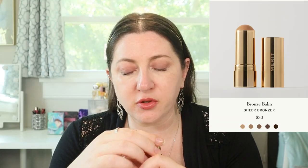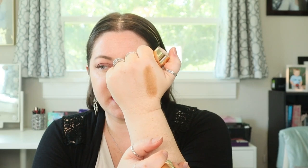All right, let's go into the other thing that I talked about being worth the hype from Sephora's bestseller list, which was their sheer bronzing stick. It's called the Bronze Balm. I have mine in the shade K. Is it K or Clay? Clay. The reason I think this is a unique product is because most bronzing sticks at the current moment